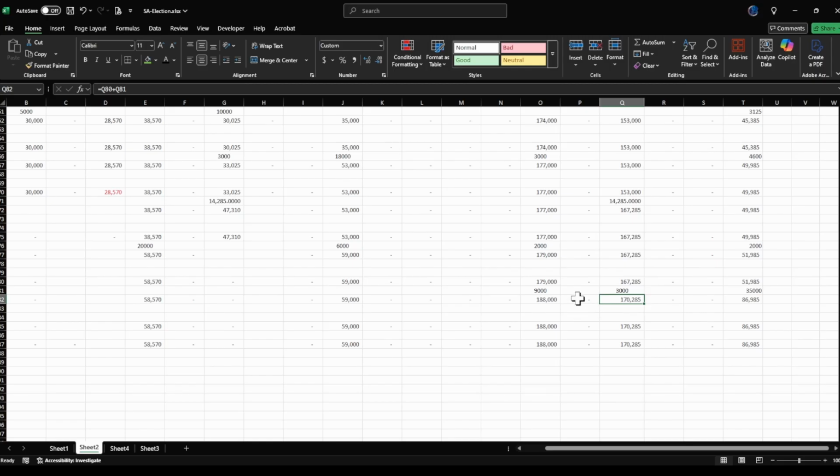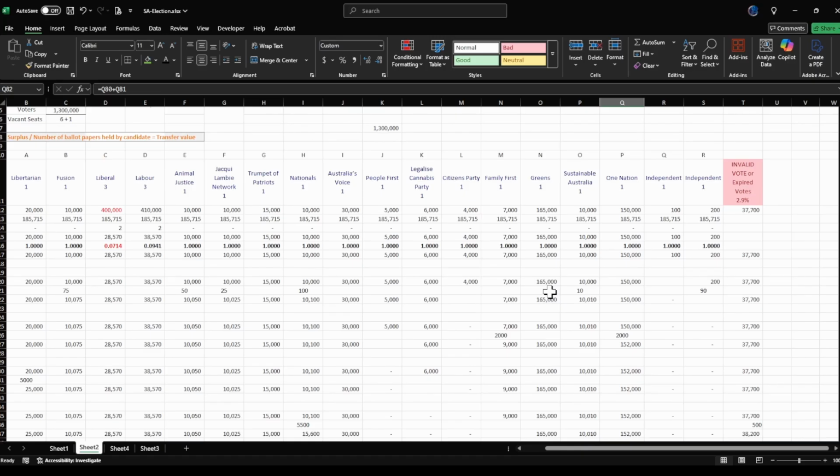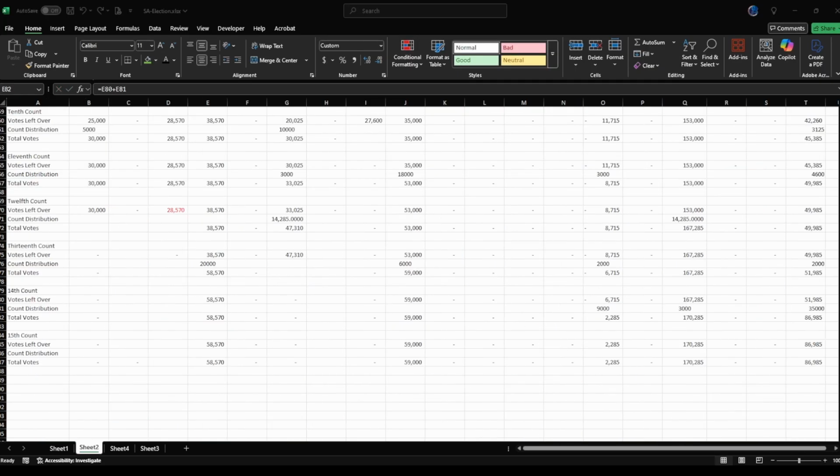Now we can see that we actually have a quota, 188. So we are above what we need, 185. So that means that the Greens here in this situation get 1 vote. They now have a Senate seat. So now that the Greens have actually won themselves a seat, the next set of count has to be done. So as we go through this on the 15th count, what is the smallest group we've got here? So we've got 58,000 there, 59,000 there,